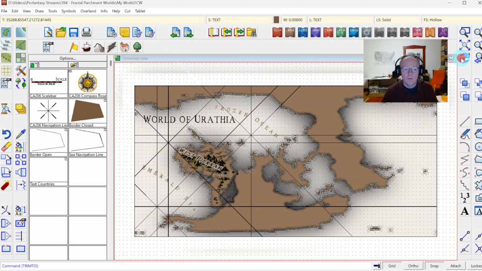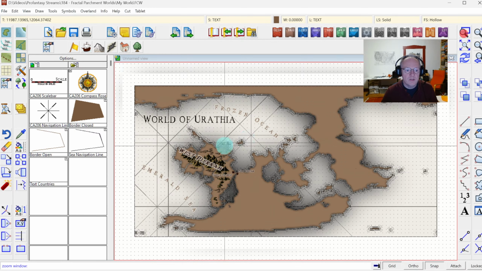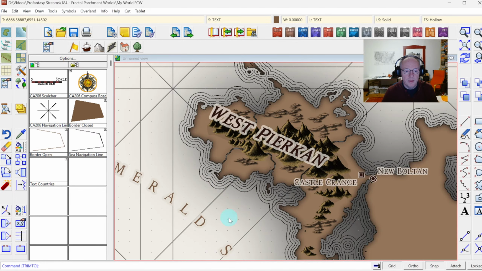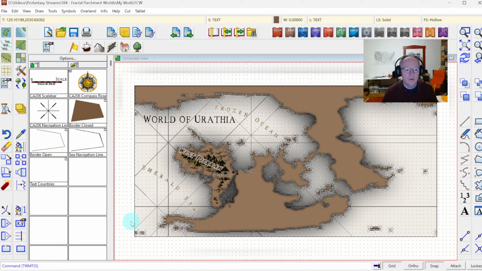There we go. And this way you can see the symbols for the navigation lines are nicely behind the coast, and therefore they're just visible on the ocean. And this way you can create some nice lines on the map, reminiscent of old style sea maps with their navigation lines. What I can also do is grab the compass rose, make it a bit larger perhaps, and put it on one of the points,